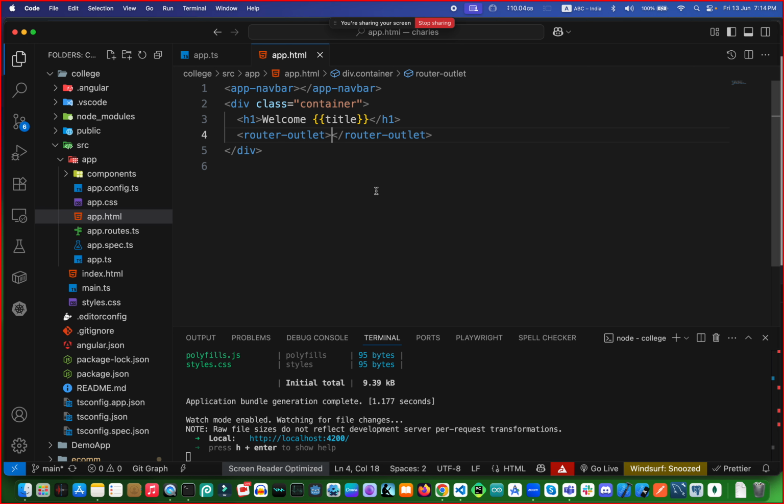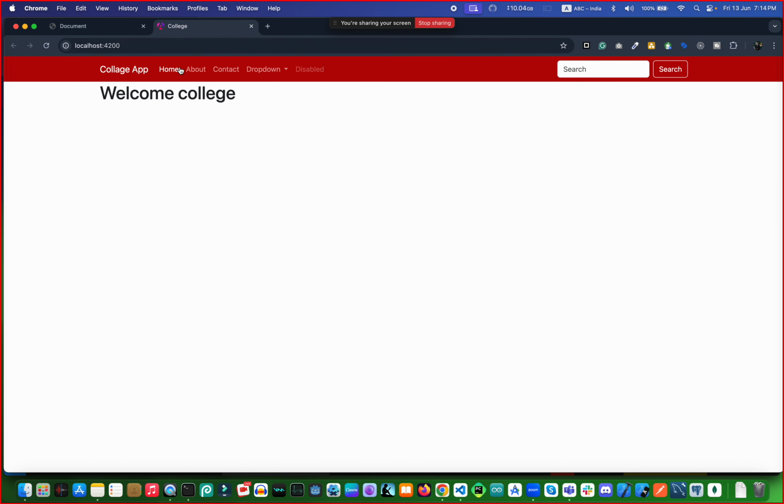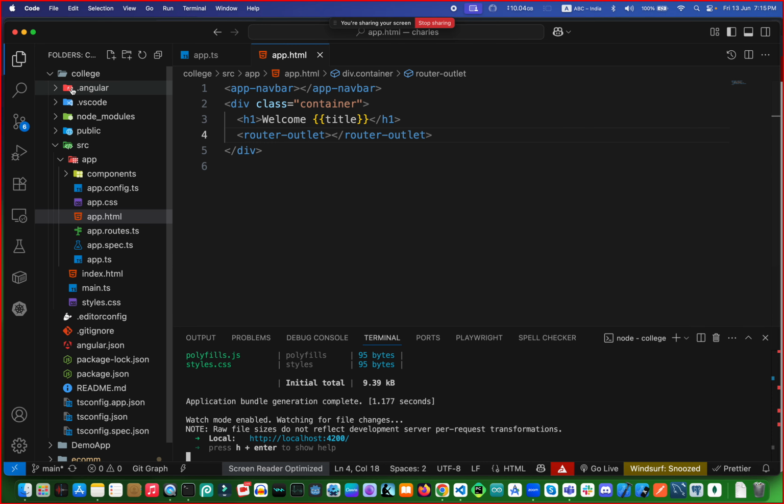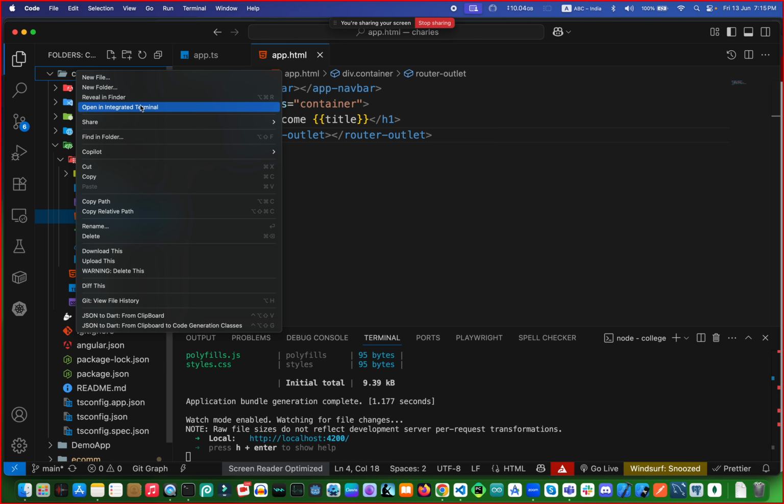Now we have already seen the output of this page, and this is our navigation section, and we also see the output as we like, right? But at this moment we require multiple pages under this menu bar, right? So for that purpose we need to open another terminal